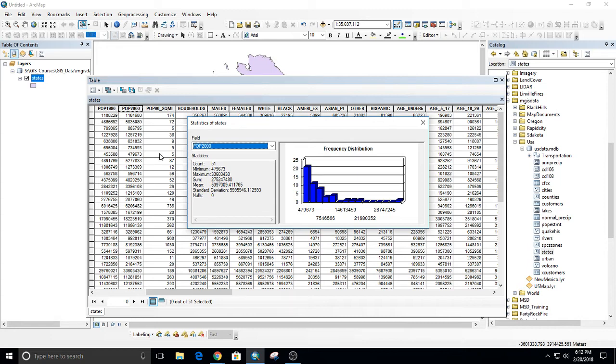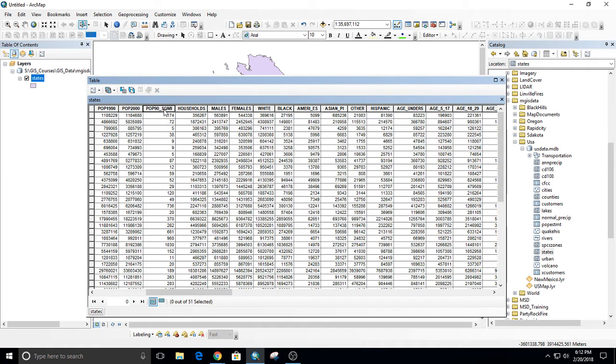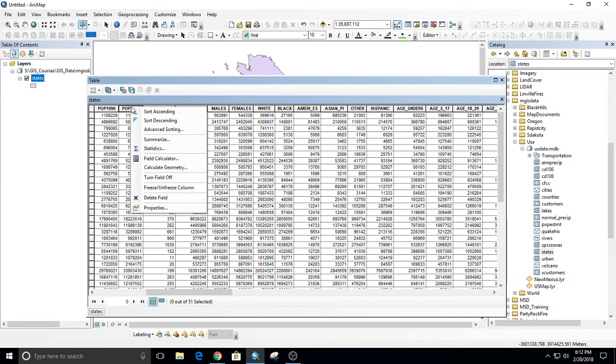The minimum, the state with the least population in 2000, had 479,673. The maximum had 33 million plus. There's the sum, the total sum of the population of the United States in 2000, the mean, standard deviation, and some other information. You can also right-click a field, and it doesn't matter if it's a number or not, but